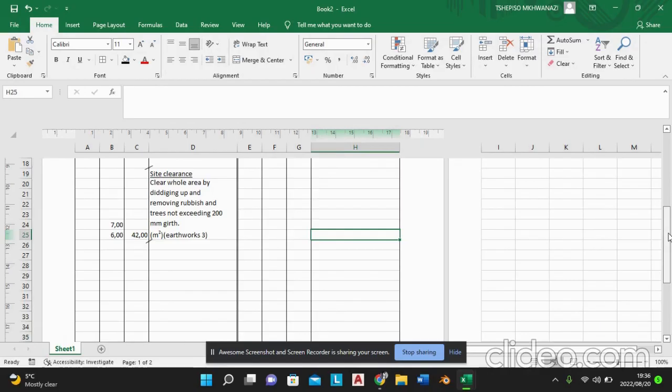Going forward, I'll do a taking off for a simple building. It will be like this one, the whole taking off from site clearance up until damp-proof course, which goes under the walls. I'll do the concrete work, everything, showing you, and then you'll have